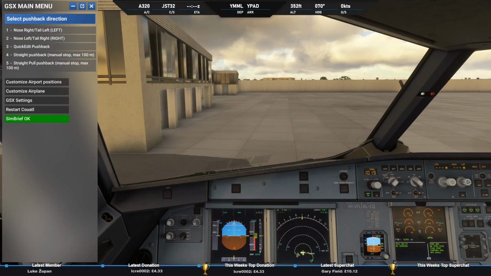Right. I best talk to Melbourne ground before I start requesting things. Oh no, I need to work out what stand I'm on first, because we don't have any markings here on the default scenery. 774, taxi. Stand Golf 52. Yankee Hold Shot Alpha, just